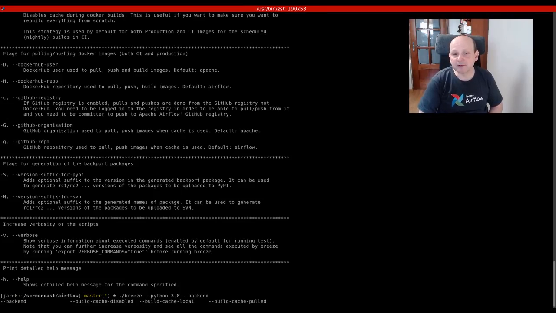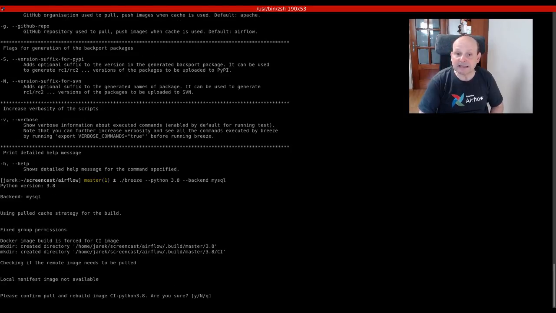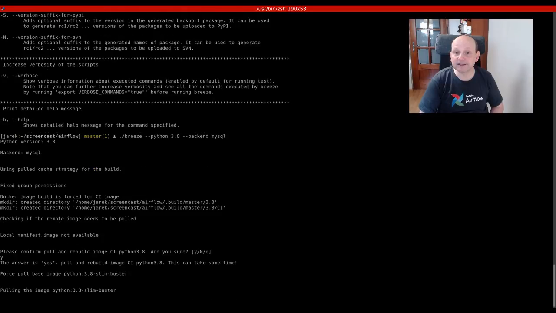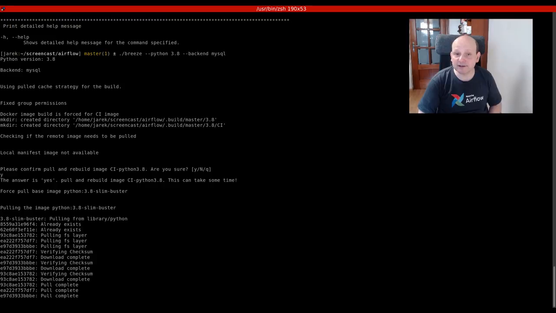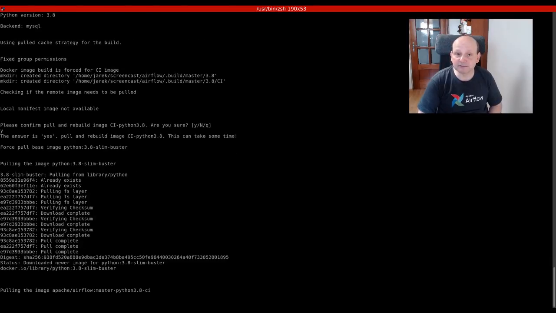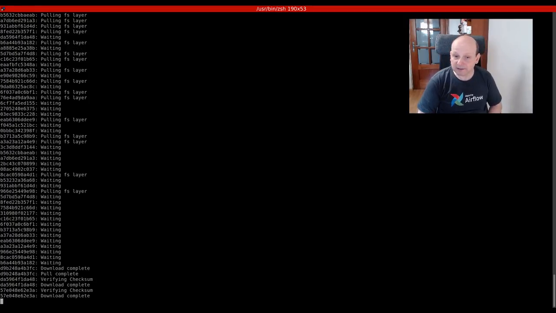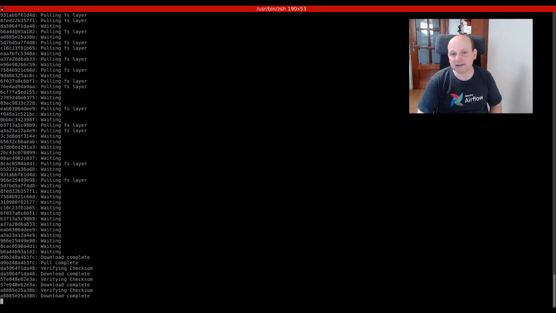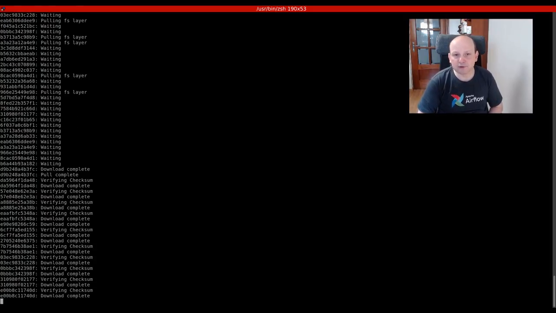So now you can choose both Python and backend version. In this case, we are using Python 3.8 and backend MySQL database. And the first thing that Breeze does, it checks if it needs to download and build the image for you for this particular Python version. And in this case, I didn't have Python 3.8 installed. So it will download and rebuild the image locally, because Breeze has a built-in mechanism to choose the fastest way for you to